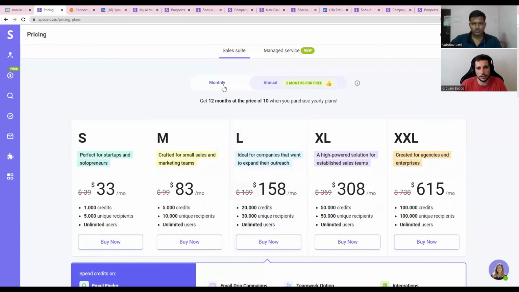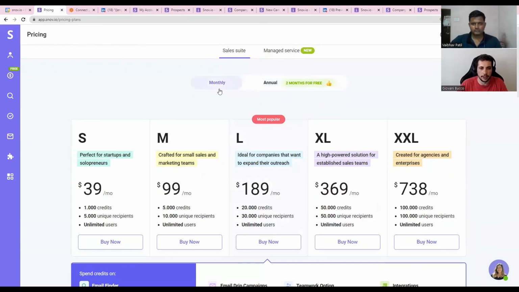And we have monthly and annual plans. On the monthly plans, if you want to cancel, you just cancel your subscription, and the next month it won't be charged. And the credits here are cumulative. So everything that I don't use this month, if I keep the plan and don't downgrade, still remains with the credits. So let's say I had 1,000 credits and I use only 500. If I keep the S plan, in the next month I will have 1,500 here instead of only 1,000.